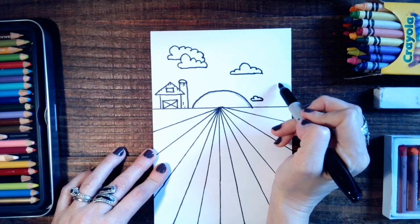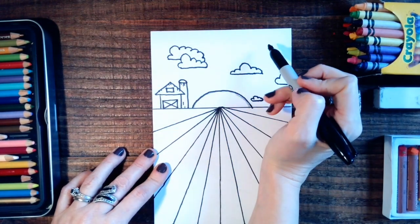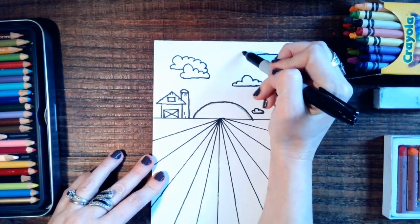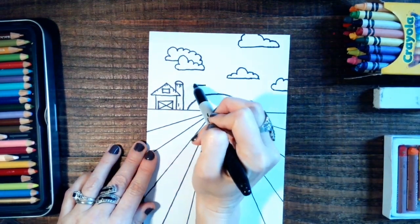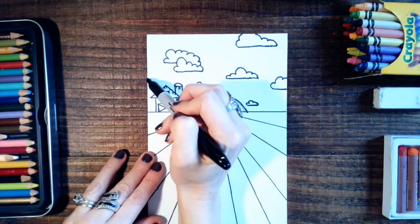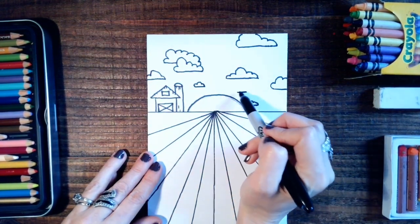Maybe I'll put one going off the page on the right here. Then I'm gonna put one going off the top of the page. Look at that. I need to have some smaller ones, so I'll make a little one right here. You want to have large, medium, and small. You want to show different sizes. Maybe I'll have one going off the left side of the page, like that. Maybe another small one right here,